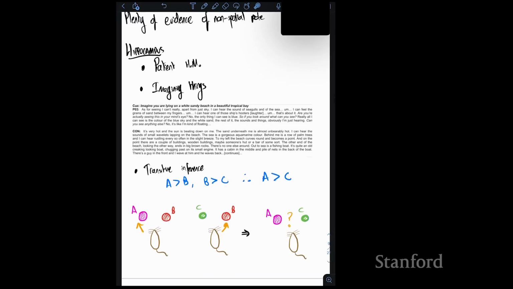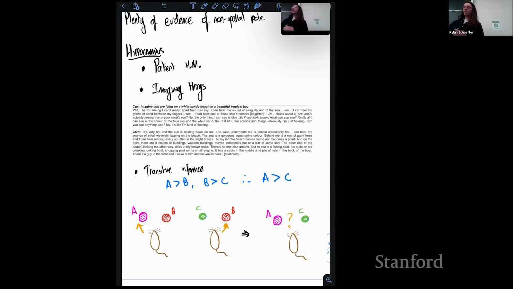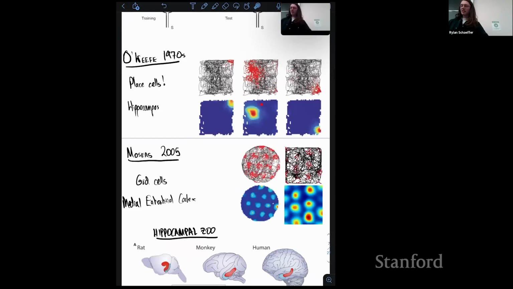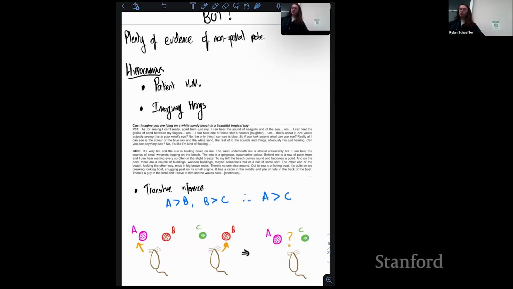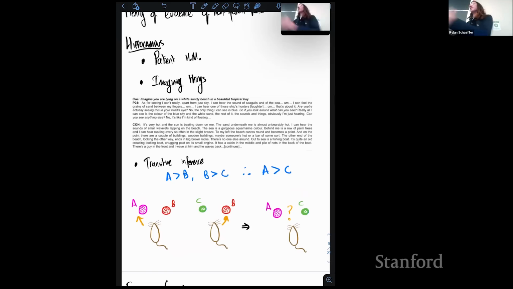The last of these I'm going to do is the entorhinal cortex as well. If you remember, hippocampus was these guys, and entorhinal cortex was these grid cells. The entorhinal cortex appears to do some broader stuff as well. This is all motivation for the model, just trying to build all of these things together.